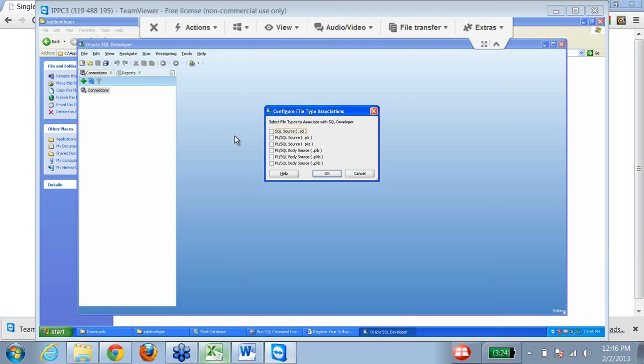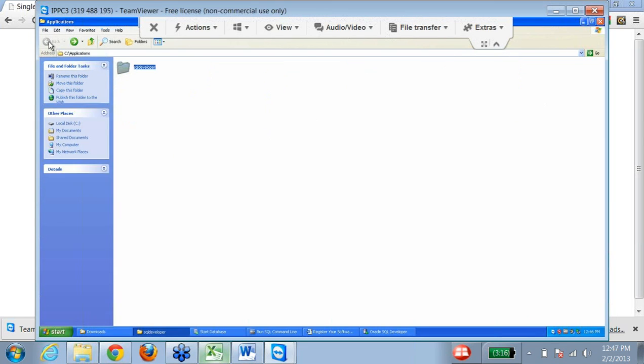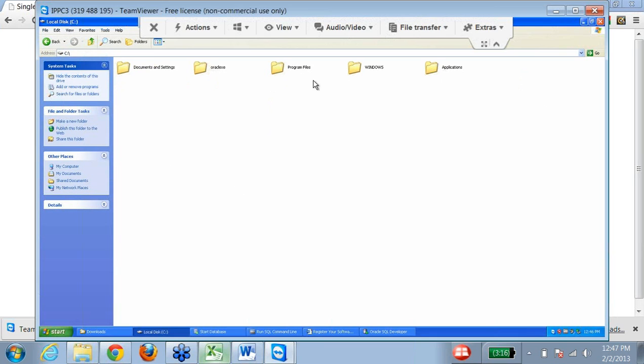Otherwise, if in case it asks for the JDK path, then you have to give the path of java.exe. I'll show you where java.exe is. Again, you have to go back to your installation.